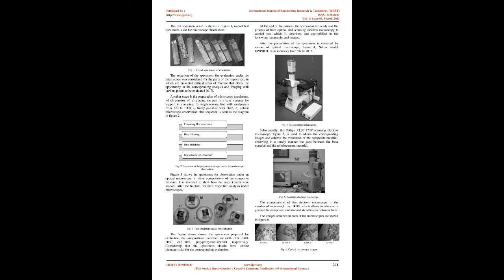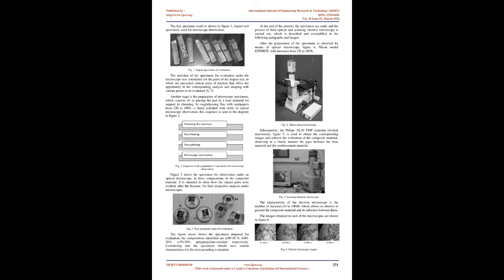At the end of the process, the specimens are ready and the process of both optical and scanning electron microscopy is carried out, which is described and exemplified in the following paragraphs and images. After the preparation, the specimens are observed by means of optical microscope, Figure 4, Nikon model Epiphot, with magnifications from 5x to 100x. Subsequently, the Philips XL20 TMP scanning electron microscope, Figure 5, is used to obtain the corresponding